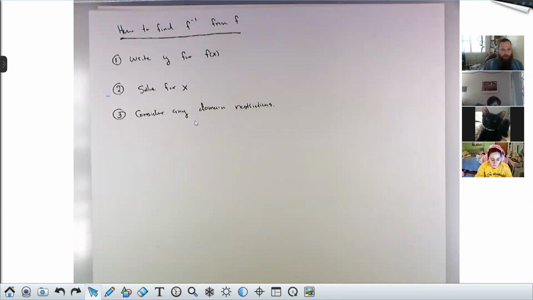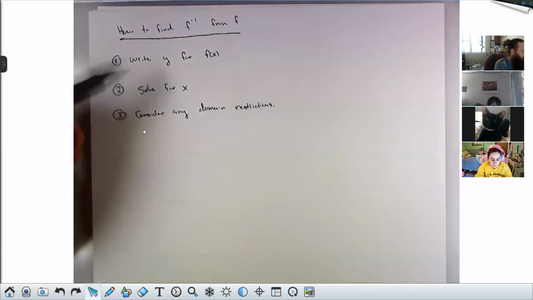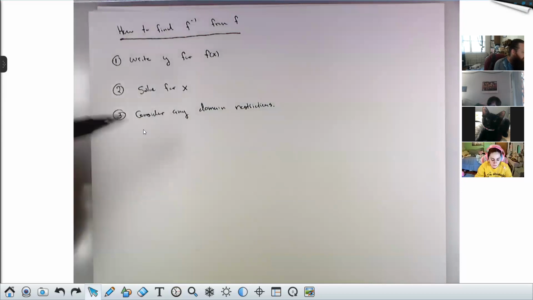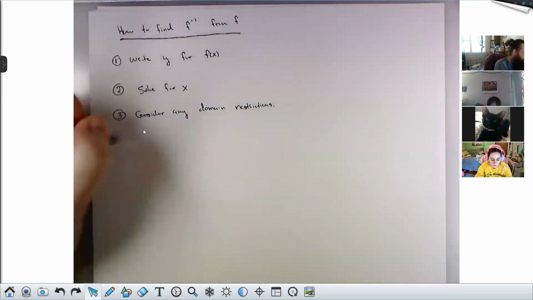The first example we're gonna do, you're not gonna have to worry about this. The second example I will do, we will worry about this. So for now, just put this in your notes. We will come back to it. We're not gonna stress about it at first, but I promise you I will explain. Write y for f of x, solve for x. Consider any domain restrictions, then